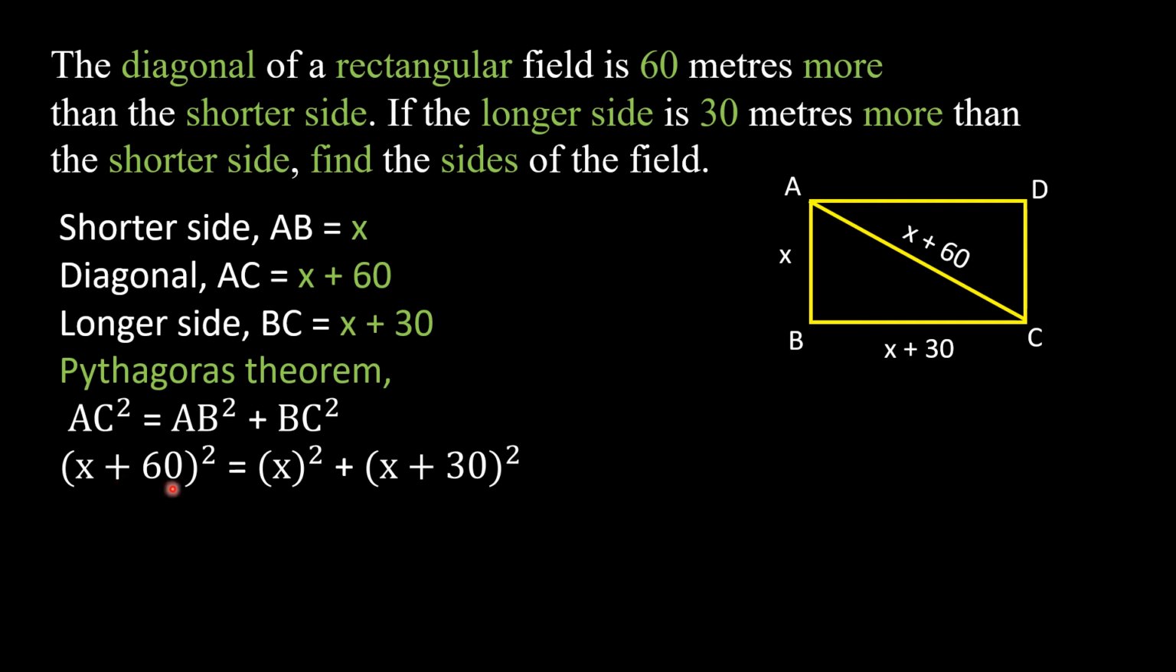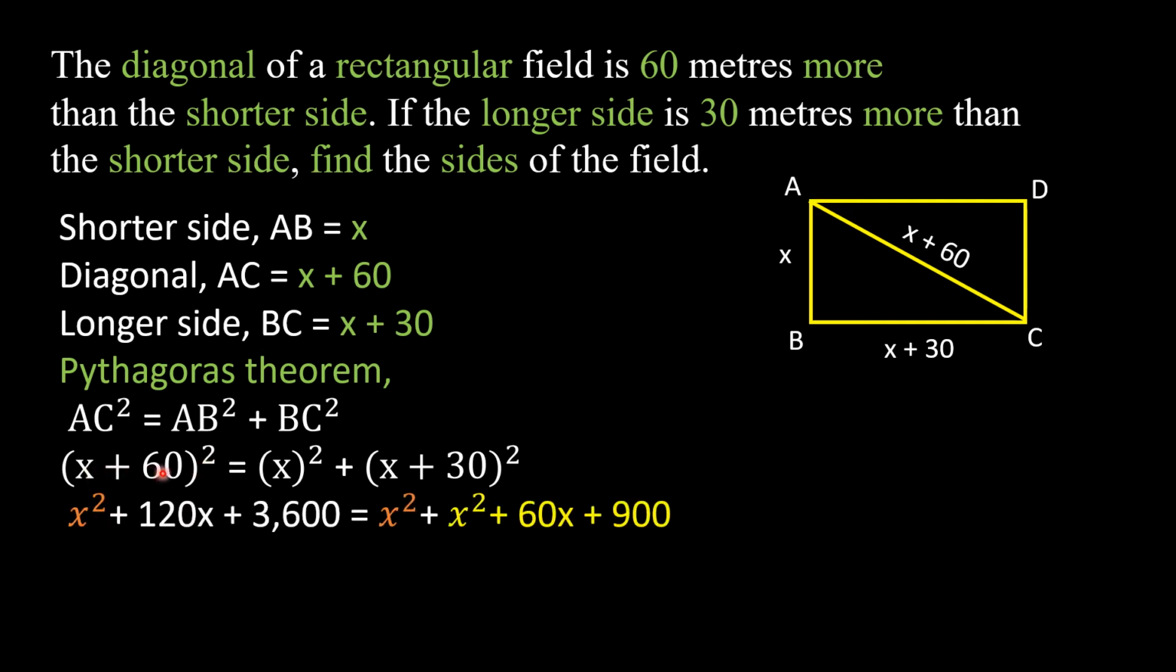So x plus 60 whole square will be x square plus the product of these two terms, and twice of that is 120x, plus the square of 60, that is 3600. X plus 30 whole square will be x square plus the product of these two, that is 30x, and twice of that is 60x, plus the square of 30, 900. Now this x square will get cancelled with this x square. We will write x square plus 60x plus 900,